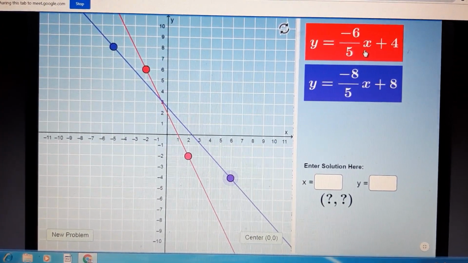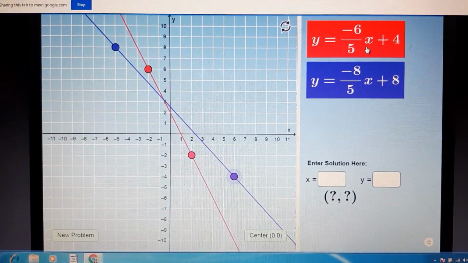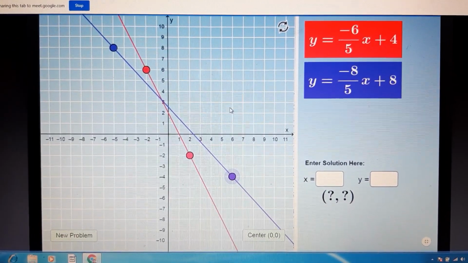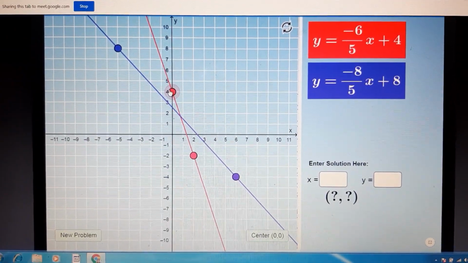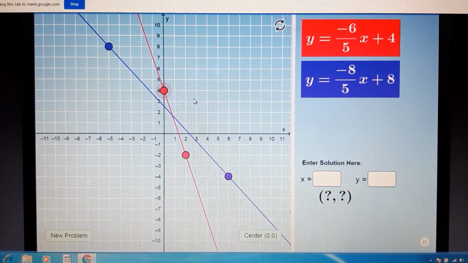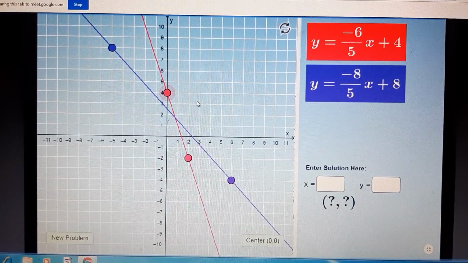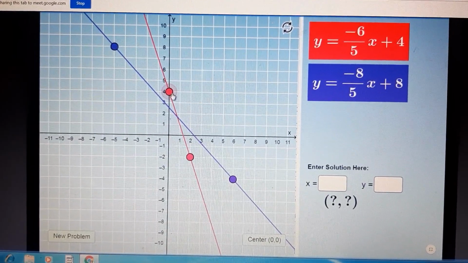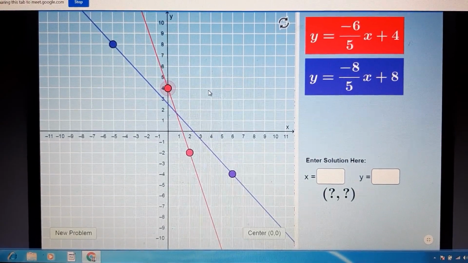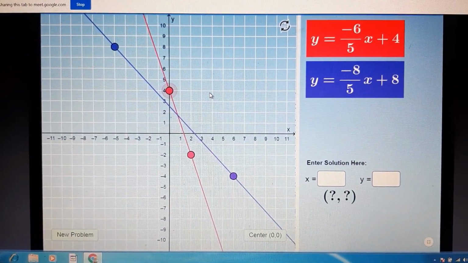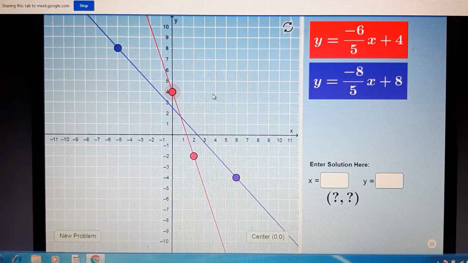Can you tell me? Okay, so if x is 0, y is 4, that means this line will pass through (0, 4), isn't it? Right? Now try and mentally just put y as 0. If you put y as 0, what do you get x as?